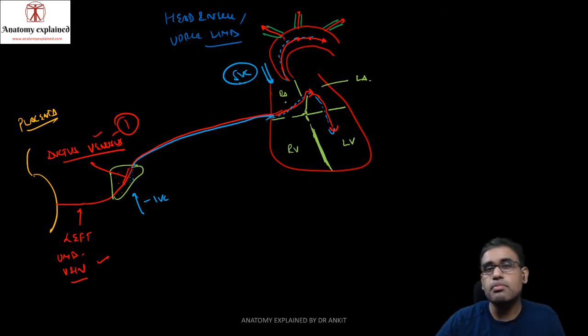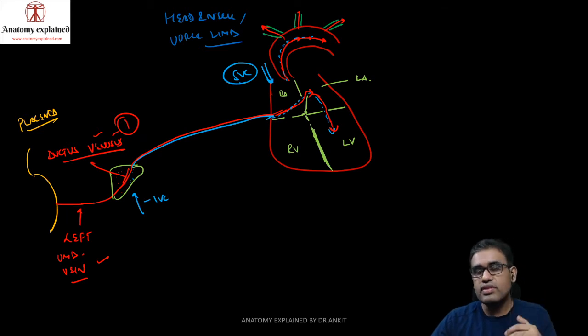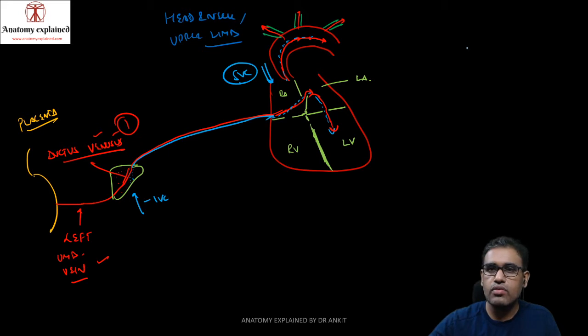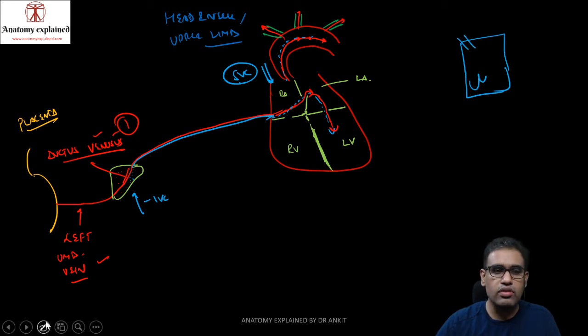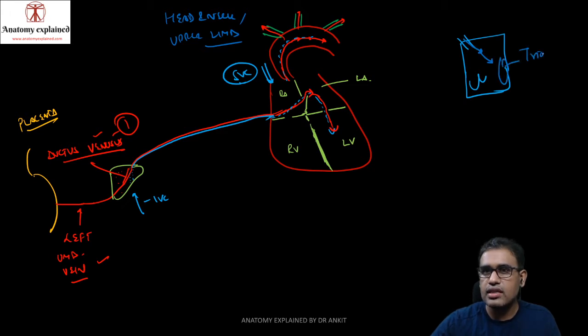Now this SVC blood is also entering into the RA. But if you remember the anatomy of the right atrium, in which we studied the internal part of the right atrium, this opening of the SVC is slightly anterior to the IVC. So if you look at the inside of the right atrium, we had the structures over here, and we had this SVC opening over here. What was happening, if you recall, is that the SVC blood directly opened and entered into this area that was your tricuspid valve, or your right AV orifice, that is the right atrioventricular orifice.